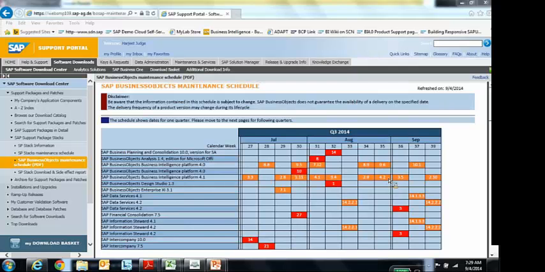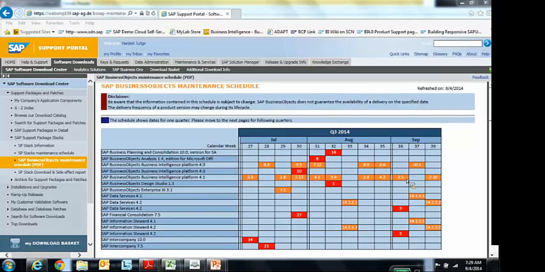If you were interested in finding out when we're releasing support pack or patch 3.5 for BI 4.1, you can see that it's scheduled to be released in week 36. Essentially, this tells you which week that patch is coming out. Week 36 is basically this week. So it gives you an idea of when the patch is going to be coming out, and you can plan